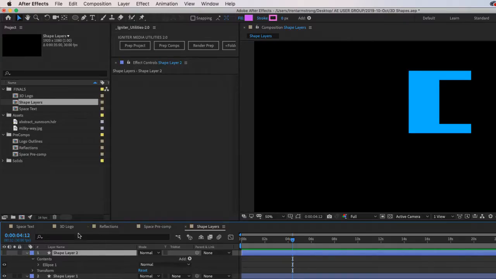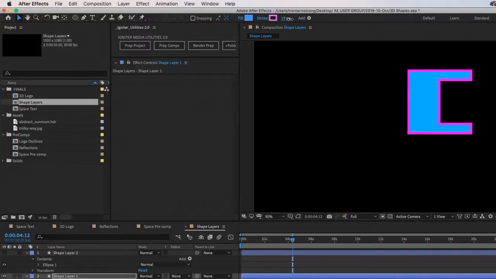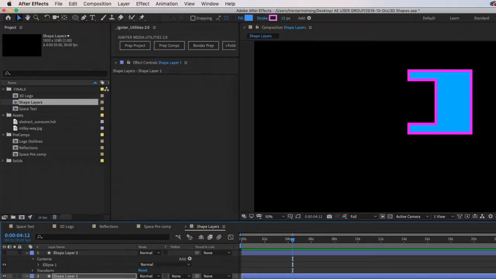Okay. Now, what I can do if I have them both together here is I can add a stroke to this thing, all right? Like that. So now my shape has given me the option to change up how my stroke works.